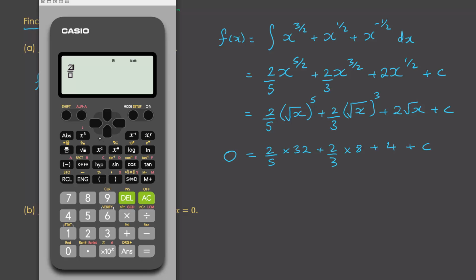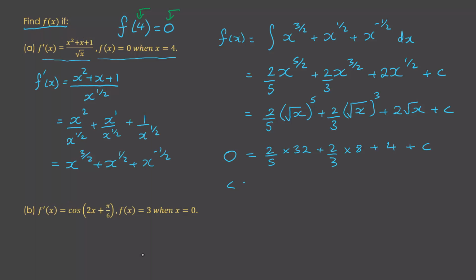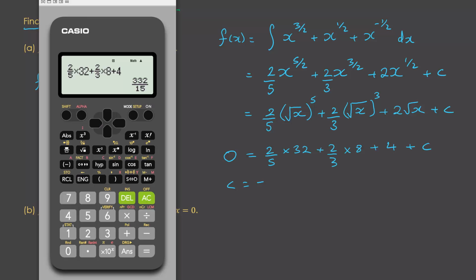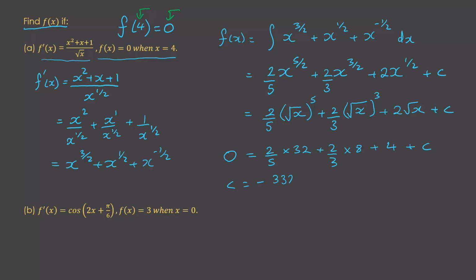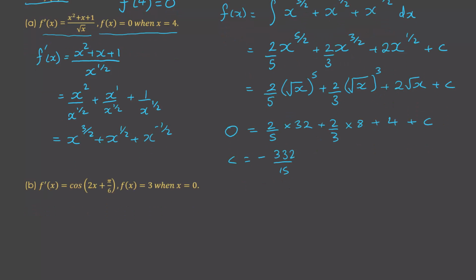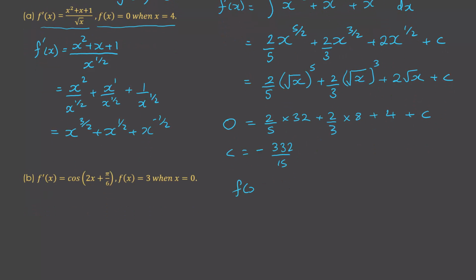So we have 2/5 of 32, add 2/3 of 8, add 4, which is 332 over 15, and therefore C is the negative of that. So negative 332 over 15. And so we can say that f of x is,